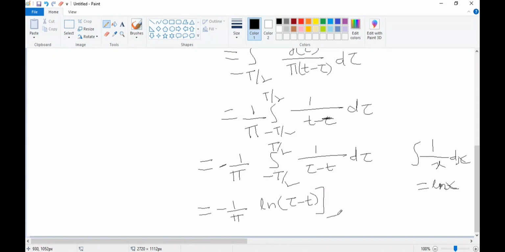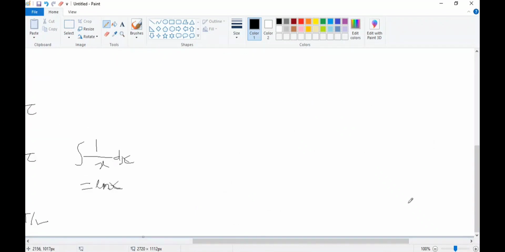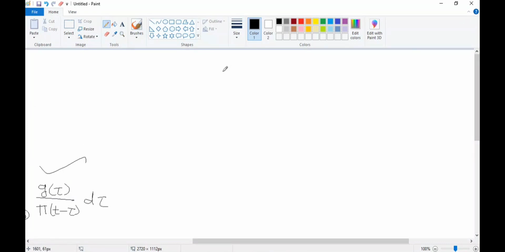The integral of tau will be divided by 1, so tau is equal to minus t by 2 to t by 2. Now substitute the limits. So this will be equal to minus 1 by pi ln of